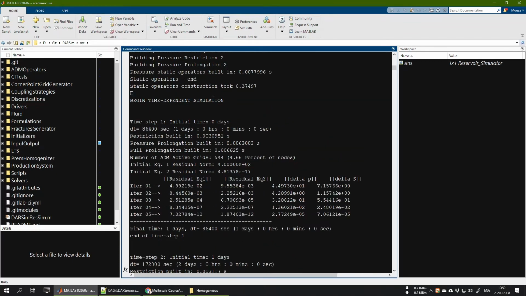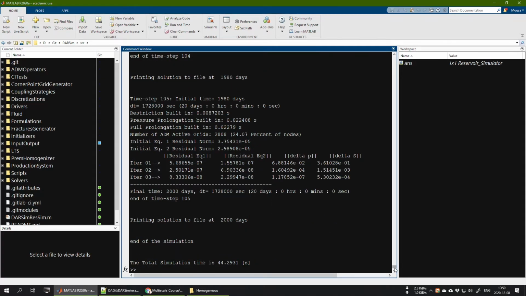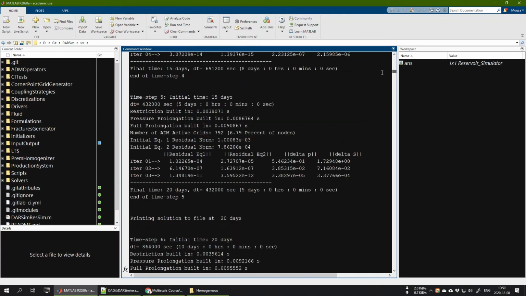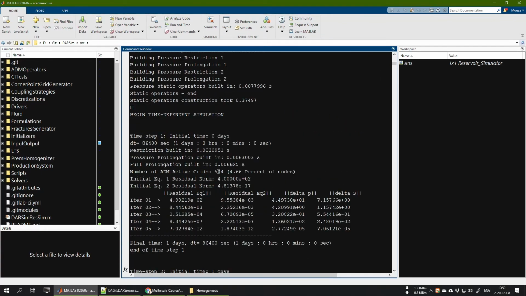Now beginning the time dependent simulation, at every time step after creating the prolongation and the restriction operators for the algebraic dynamic multilevel method, you can also see the number of ADM active grid cells in this test case. In this time step, oh, it finished. At this time step, it was 544. That means there are 544 fine grid cells used next to the coarse grid cells in this state of